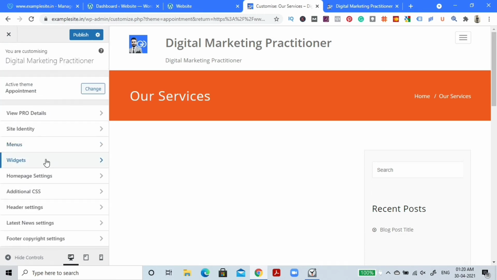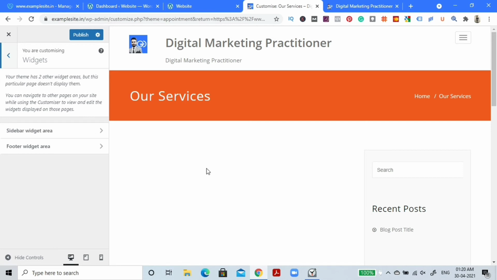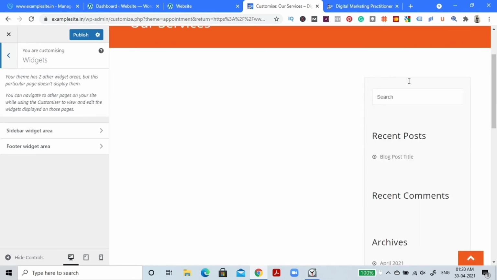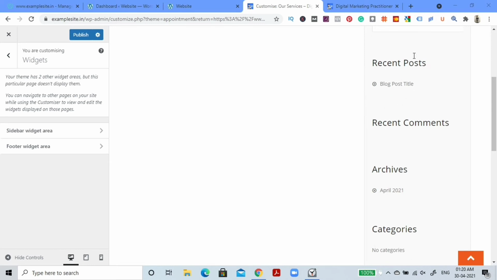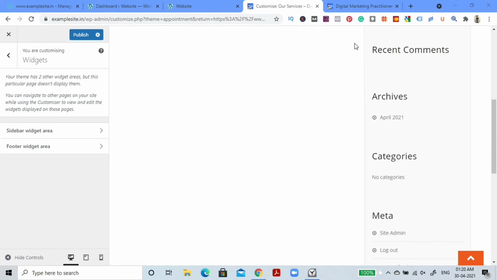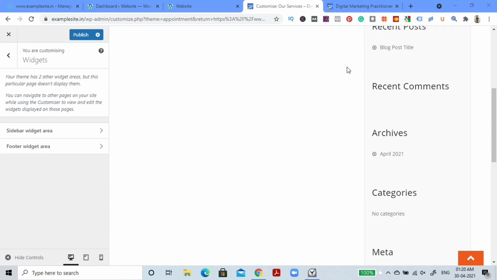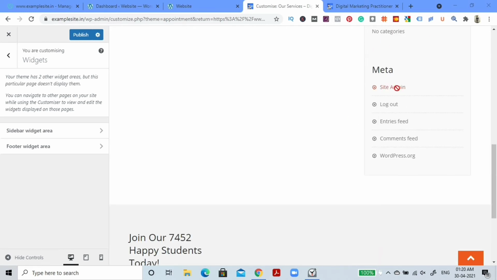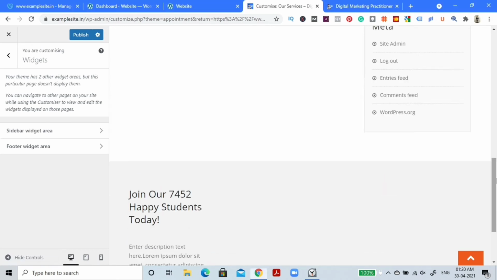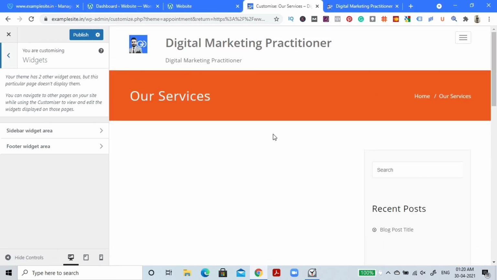Now click on widgets. So now what are the widgets? These are widgets. As you can see, the recent post section, recent comment section. Recent post section is going to show all the blogs, all the posts that are recent, and recent comment section is going to show you all the comments that were recently made by people on your blogs, right? Now the categories section is going to show you categories and so on and so forth. So these are the widgets. There are plenty of options from which you can choose.